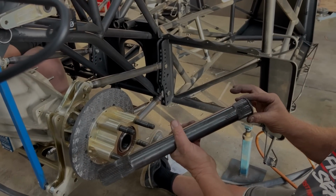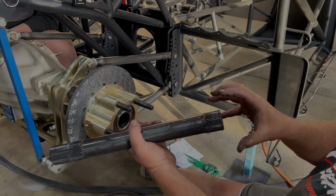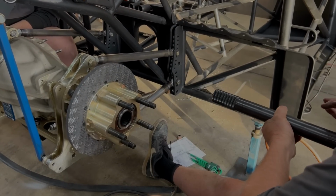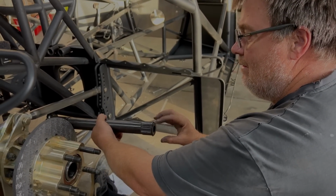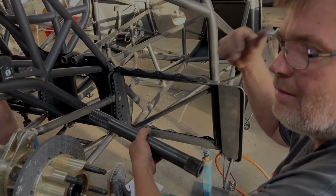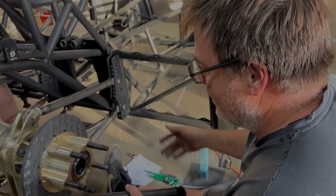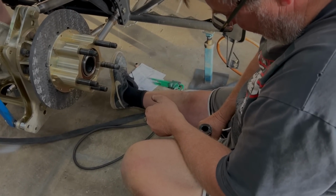So a normal axle in a road car would have the splines on the axle like this and a bearing. And you slip the axle into your car, and in the event that you break an axle, the studs are all connected to the wheel, and the wheel leaves the building, and it's a massive stuff up. You barrel roll and crash and carry on. But in the case of a floating rear end,